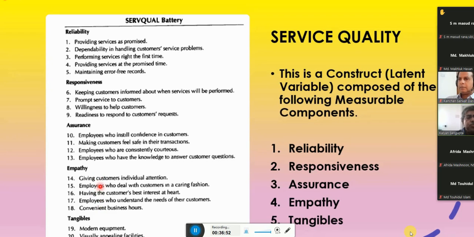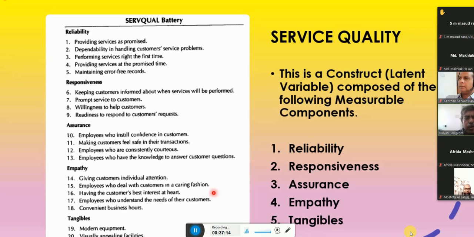And when you come to empathy, this is also another thing, especially in the hospital and bank, where it is very useful that they give individual attention. The employees deal with the customers in a caring fashion. Sharing and caring are very much needed by the customer. Say you go to a bank and there is no chair for any person to sit.